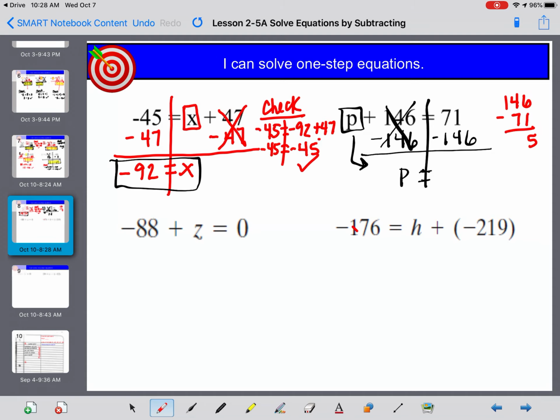6 minus 1 is 5. And 14 minus 7 is 7. My answer is 75, and my answer should be negative because I subtracted. And so I get negative 75. Then when you check your work,